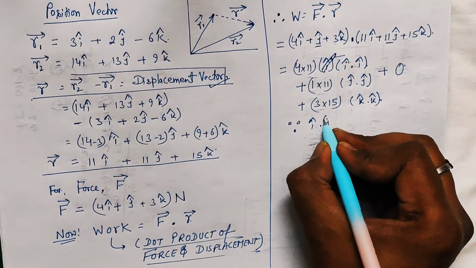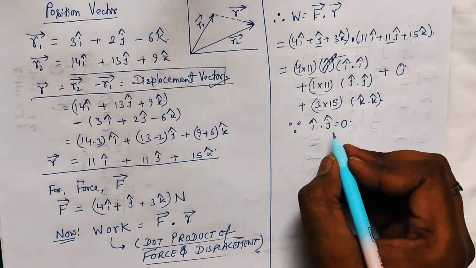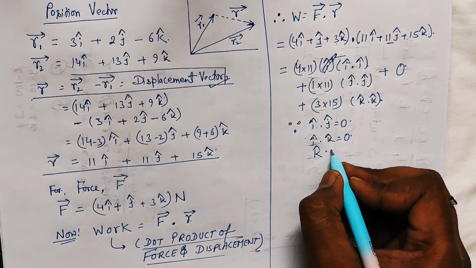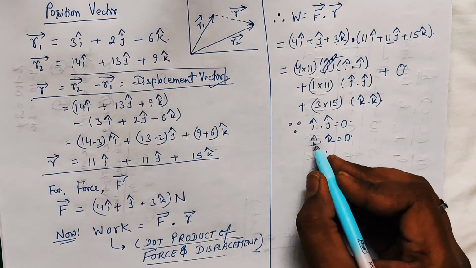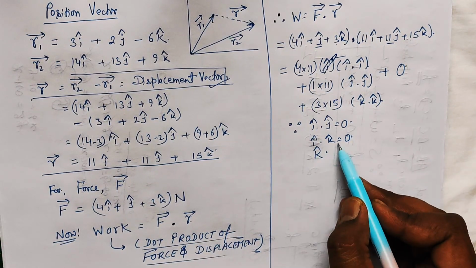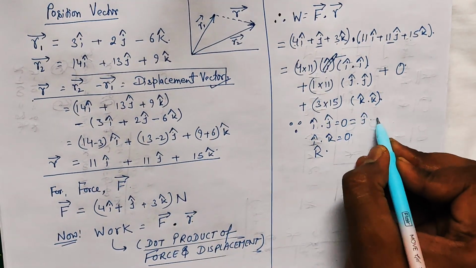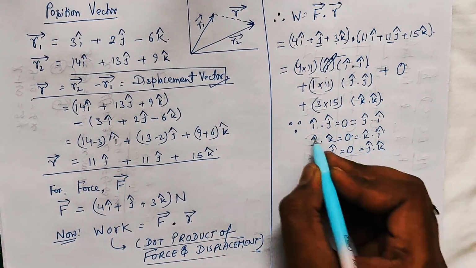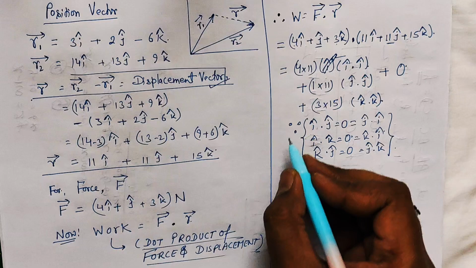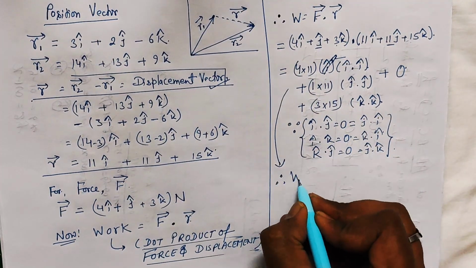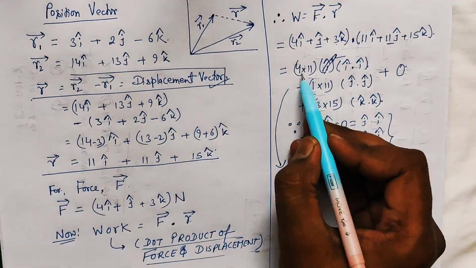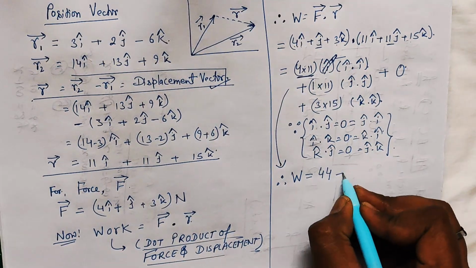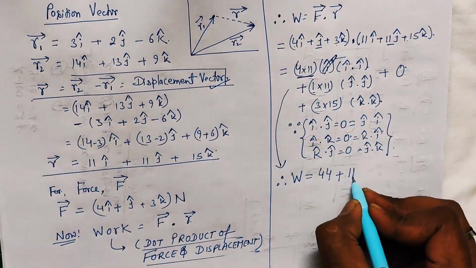Since i dot j is 0, or i dot k is 0, or k dot i is 0, or k dot j is 0, or vice versa, because they are making an angle of 90 degrees with each other, and the dot product has a factor cos theta: the magnitude of the first vector multiplied by the magnitude of the second vector into cos of the angle between them, and cos 90 is 0. So that's why